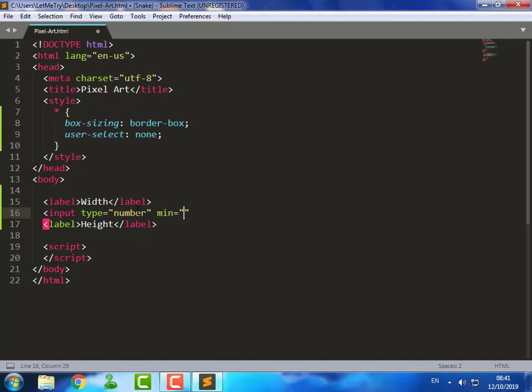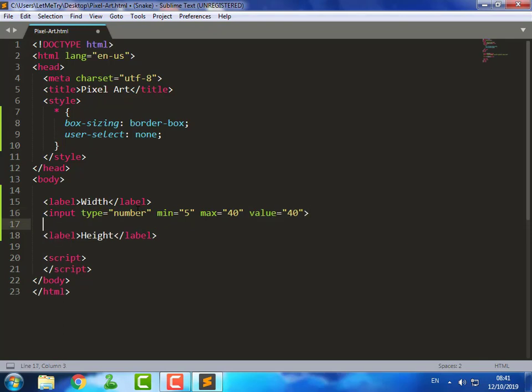Min value is 5, max is 40, and the default value is also 40.